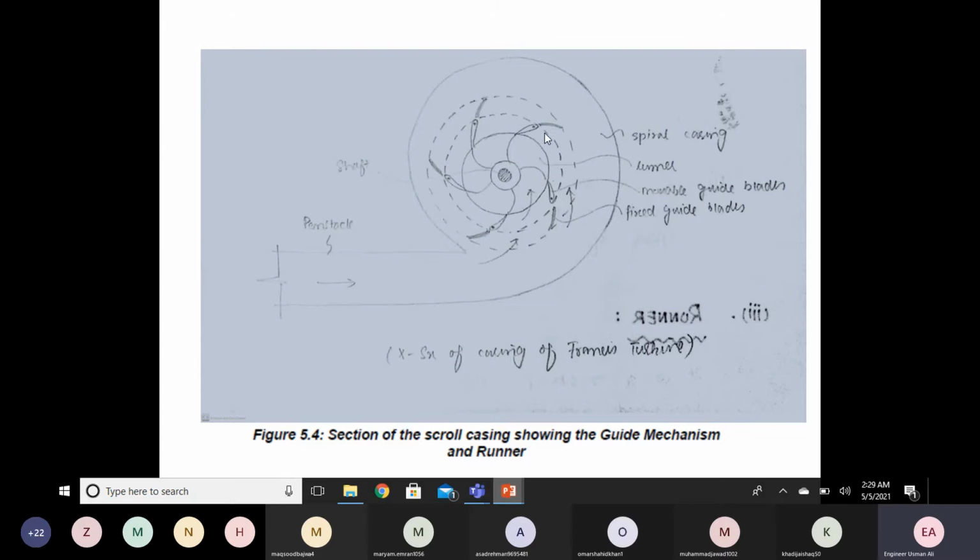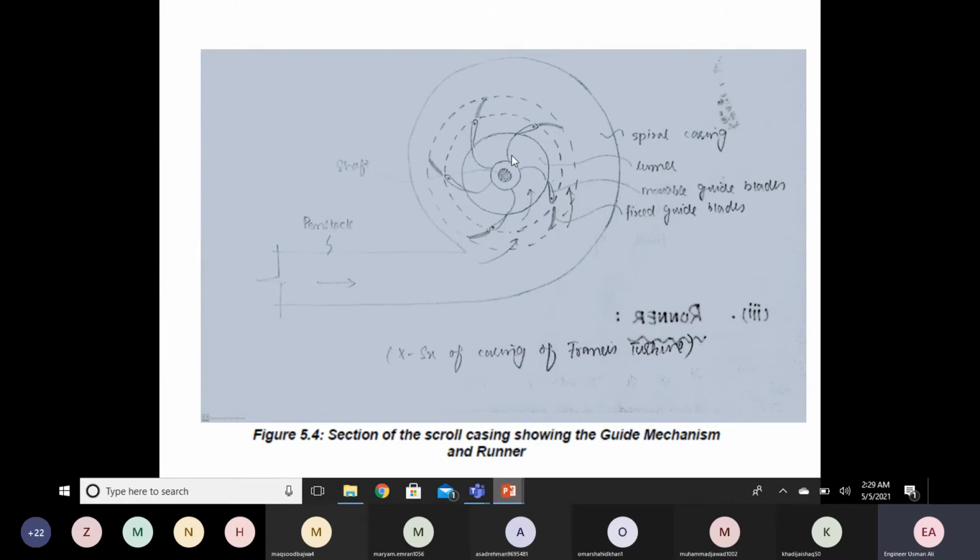In the next annular space, you can see this is the dotted line and this is the outer periphery of the runner. So between this dotted circle and the outer periphery of the runner, we have the movable guide blades. You can see them. These are the movable guide blades, and they are having wickets. They are having the pivots about which they can move. So these are the pivot points. So about these pivot points, they can move forward and backward, move in this direction and the other direction. So these blades, they guide water to move to the runner.